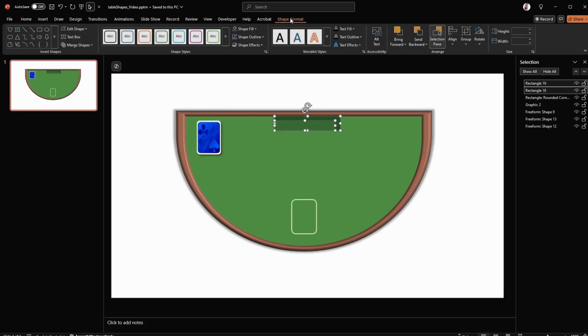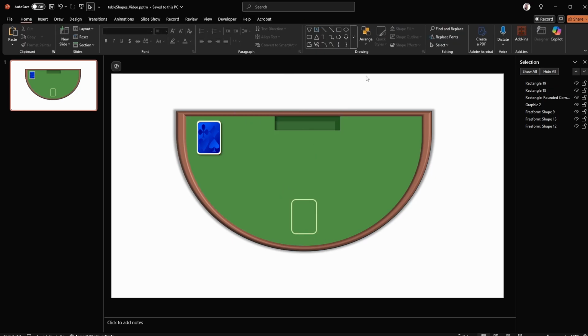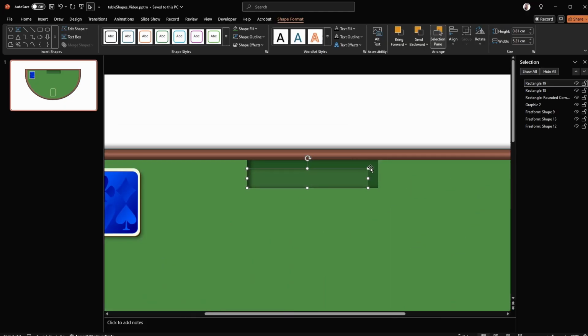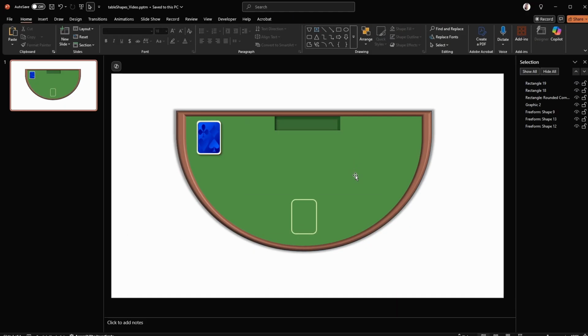Then we give both of those an inner shadow. So kind of like that. And that's going to be our section for our dealer. I want to just make that a little bit like that. There we go. So now we've got our table. You can create any other little features you want on this. Maybe you can make some legs, or maybe you can make a little dealer person there, but I'm quite happy